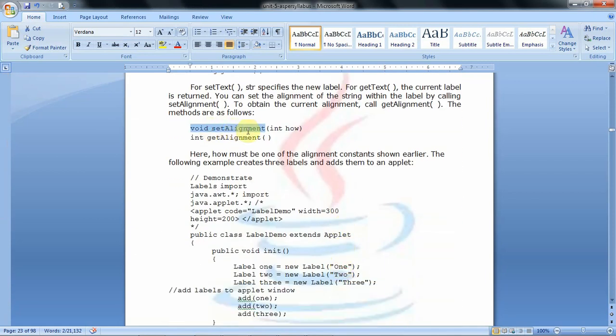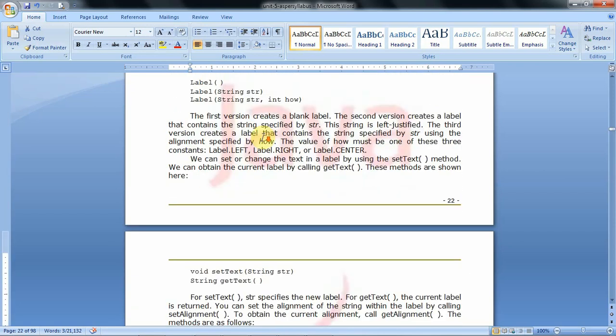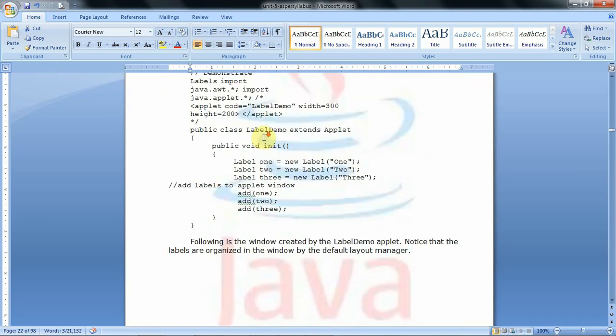We can set the alignment also if we use the first and second constructors. To know what alignment is set for that particular label, we have the method called getAlignment. So these are the constructors and methods related to the Label class.